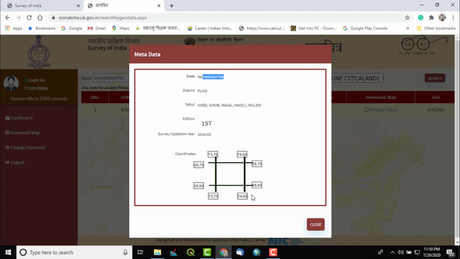And it will also show you the lat longs and extent of the topo sheet. Like minimum longitude is 73.75 and maximum 74 degree longitude east, and minimum latitude is 18.50 and maximum is 18.75. So likewise this is the metadata.